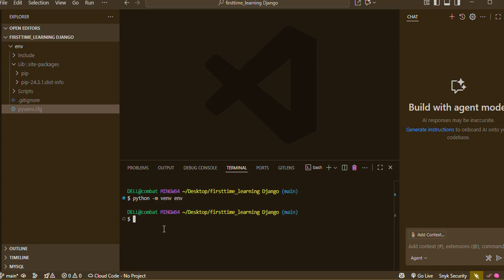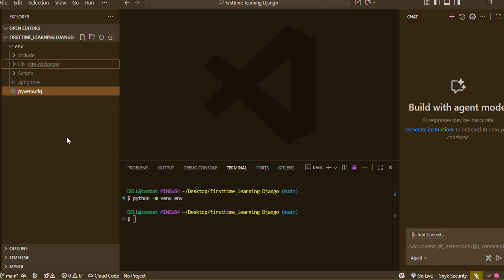Whenever you create an environment, it is very advisable to activate it before any installation, because if you don't activate it before any installation, you're just installing to the whole computer. So now, how to install: I have to activate it first. I'm using bash, so to activate it is very simple. I will use source,